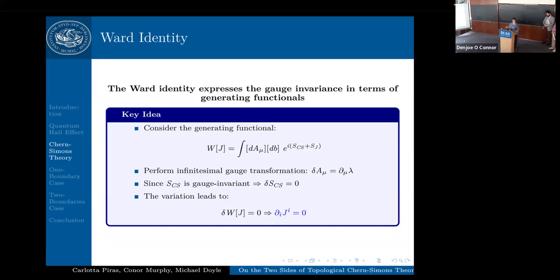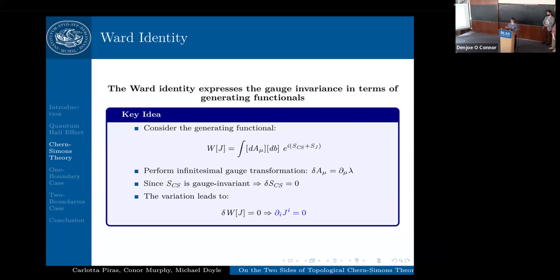Since the Chern-Simons action is gauge invariant, its variation is equal to 0, as we said before, and so the variation of the entire functional must vanish as well. And so we end up with a conservation law for the current given by partial i J i,